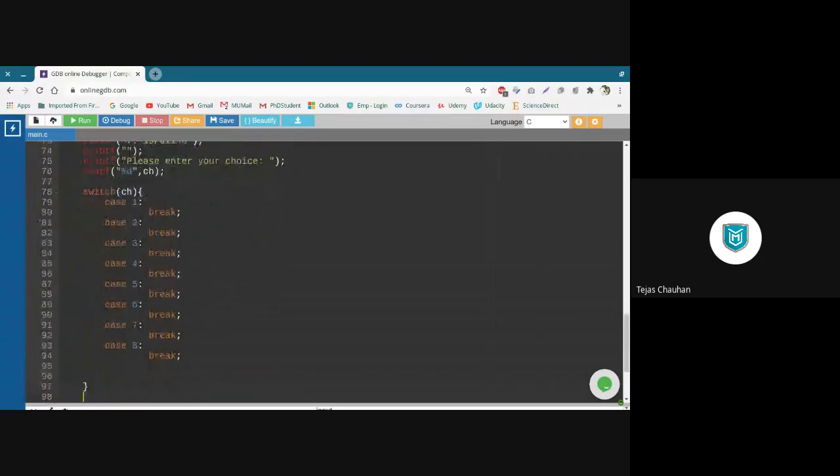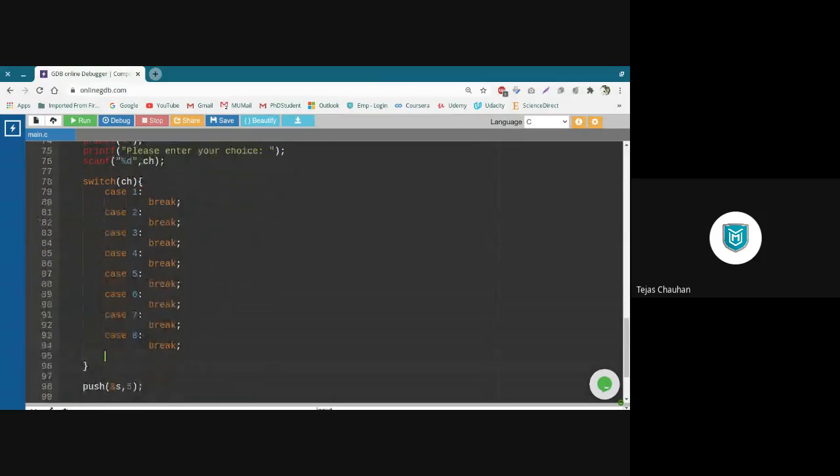And if none of the choices from this list are given, then there may be a default case also, where we can print the acknowledgement message: invalid operation.